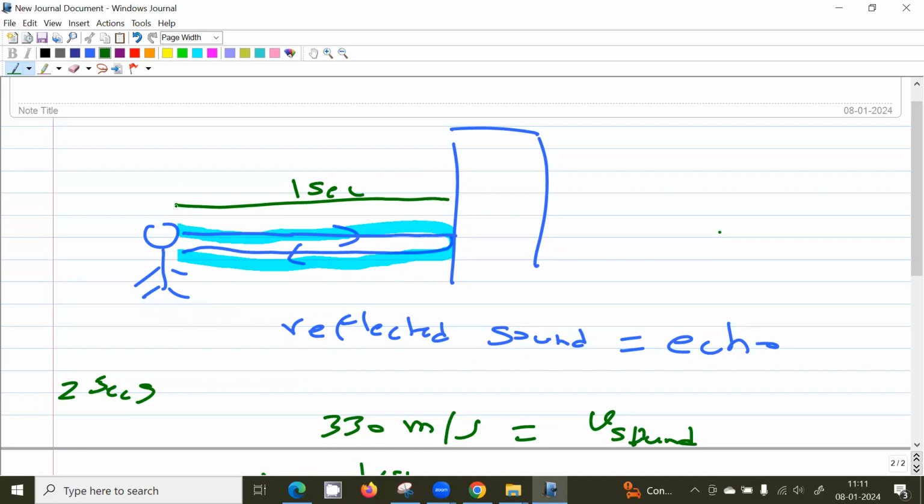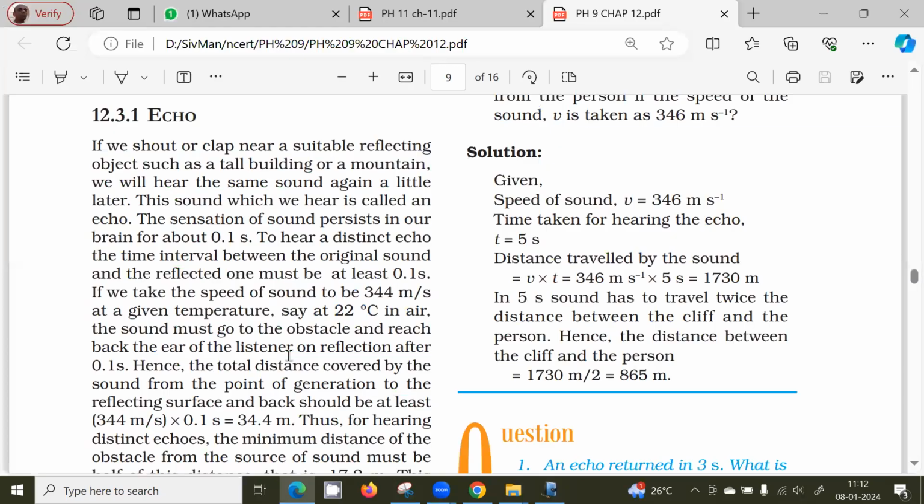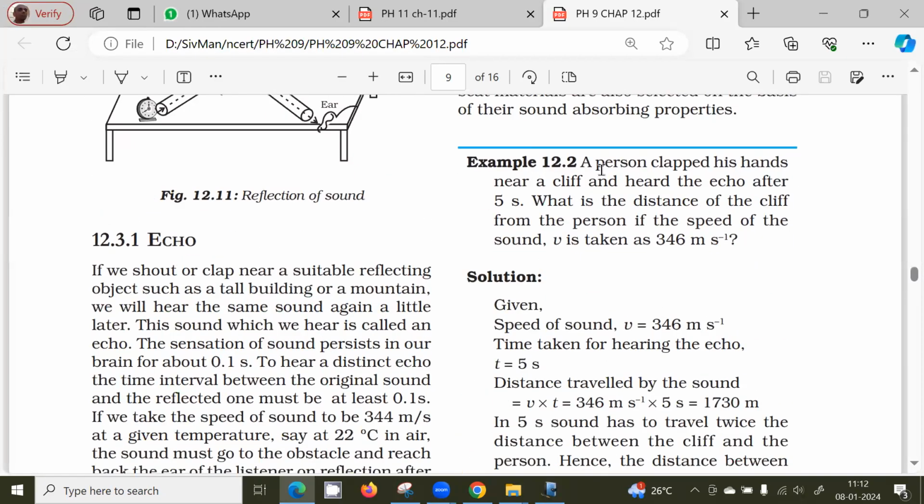Okay. So in other words, if the distance between this person and this building is 330 meters, then the sound will take 1 second to travel from here to the building and 1 more second to return from the building to the person. So in that case, the time interval between the first clapping and the echo hearing is 2 seconds. So if I know the time it takes for the echo to reach me back, I can calculate the distance. So you don't need to measure this distance by using a tape or something. I can also measure this distance by using the time interval between the sound and the echo. So this is one use for the sound reflection.